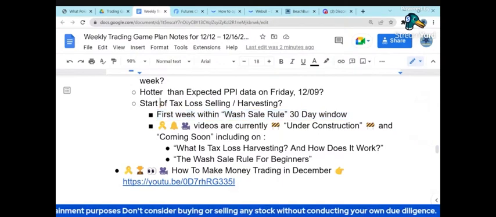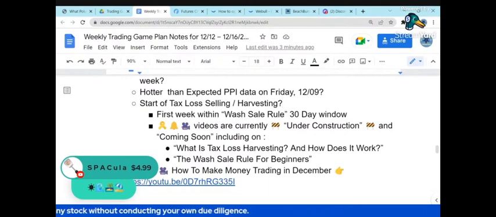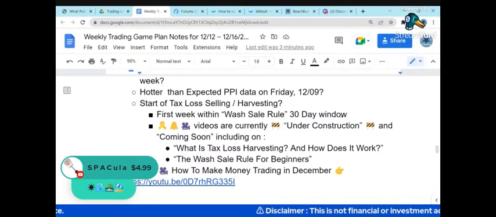If you look at the market holiday calendar for 2023, you'll see that January 2nd is a market holiday, and therefore, this was really the first week within that 30-day window where, what the wash sale is, if I sell something for a tax loss, right now I cannot buy that back within 30 days or I lose the benefit of that tax deduction due to the loss in selling that particular stock. So we may have seen a start of that kind of tax loss harvesting, tax loss selling in this first week within that 30-day window.